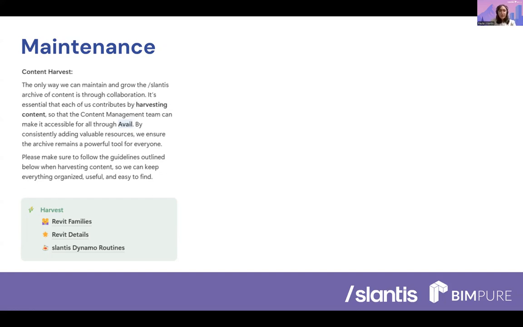You have a lot of options, but the important thing about this is that when the question arises, like, okay, I have done a new family because I need it for the project and it was nowhere to be found, so I have to do it from scratch. So where do I put it? Where is the place to go? You would have to go into this Notion page if you have a family you want to share with the team, if you have a review detail, or maybe you have a Dynamo routine that you created for the project and you want to share because you think it would be useful for other projects. You have to go there and follow the steps